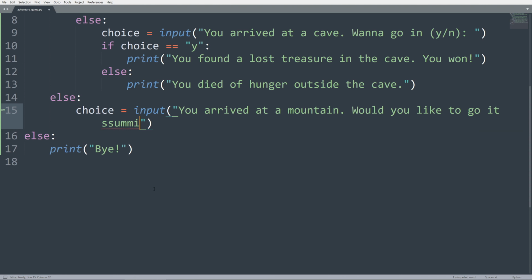And if choice is equal to yes, we can say something like congratulations, you found. And in this game the goal is to find a lost treasure, so you found a treasure chest full of gold. On the other hand, if they don't want to go to the top of the mountain, we can present them with the choice of,